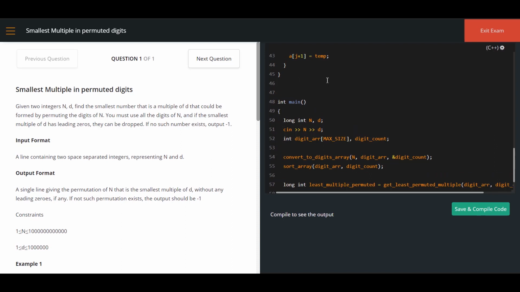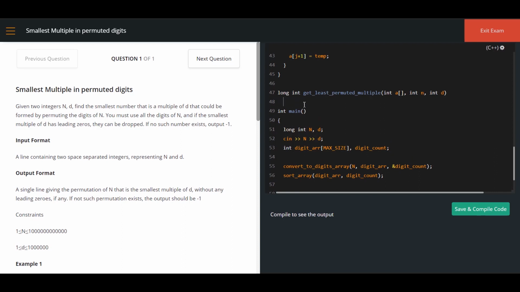The function is long because I have declared the variable as long, right? So the return type should also be long. Long int get least permuted multiple. Here I have passed three arguments: array, the count, and the value called d.